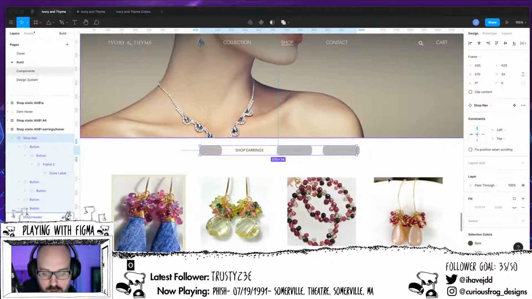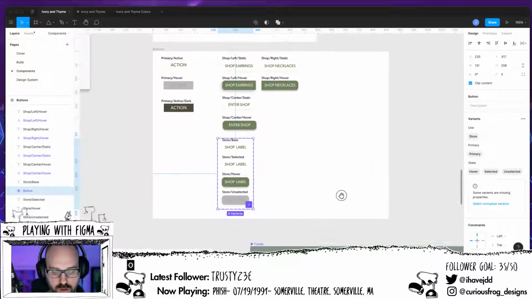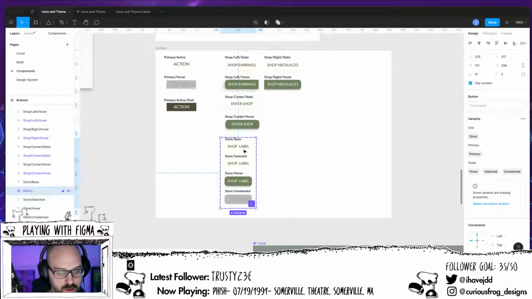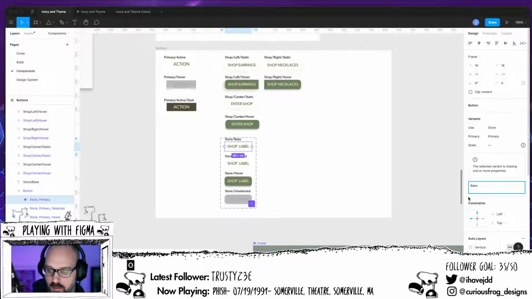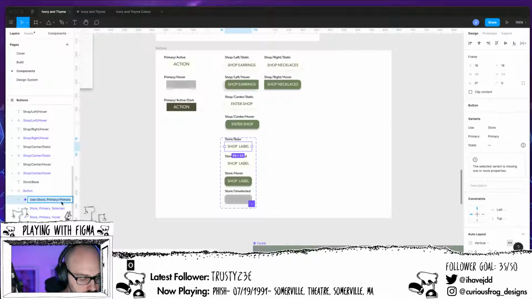So let's go to the components. So store primary. I guess I could call it base. Right, so we'll just call it base. Primary, and then we'll do state